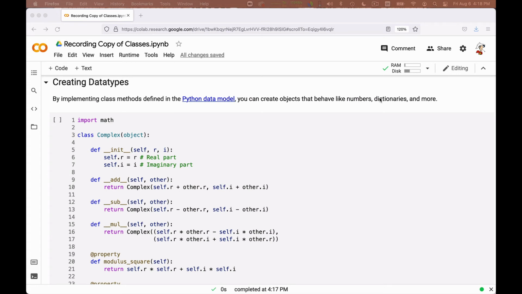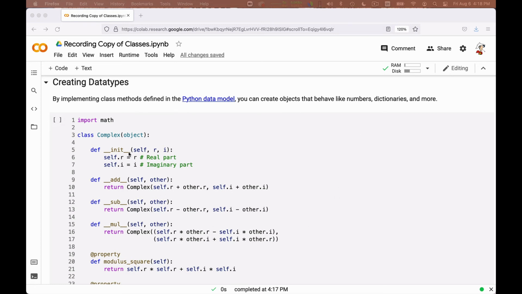One thing that is a lot of fun, and that we will be doing quite often, is to create data types. That is, we want to create objects on which you can act using the more natural operators of a language, such as plus, minus, divide, dot, whatever else. So let's look at how we can create complex numbers.